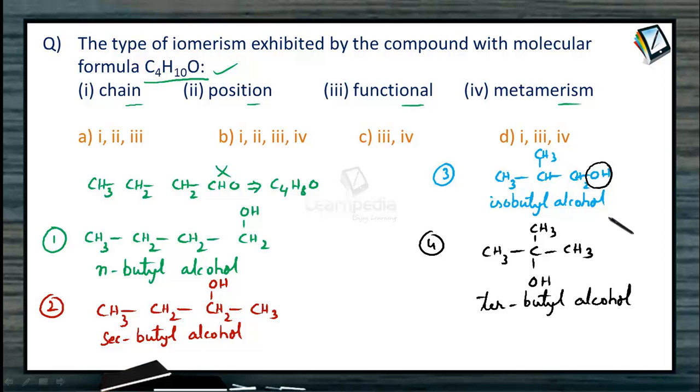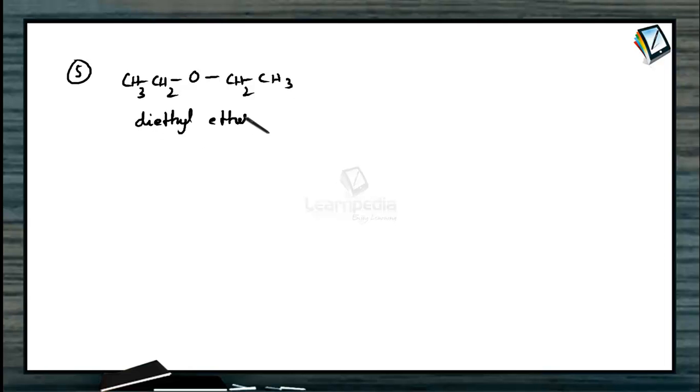Then what is possible? You need to understand that alcohols and ethers are functional group isomers. In ether there is an oxygen which is linked to minimum 1 carbon each, and as we are having 4 carbons here, I can write 2 carbons on each side to get this structure, CH3, CH2, O, CH2, CH3, which is nothing but diethyl ether, or the IUPAC name becomes